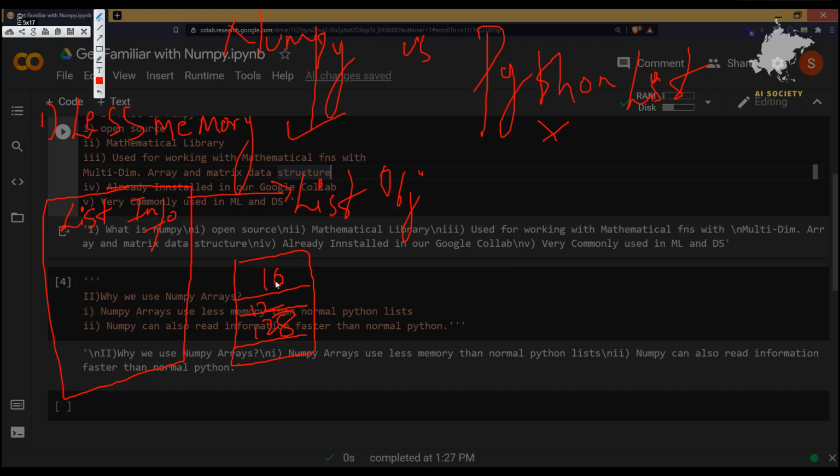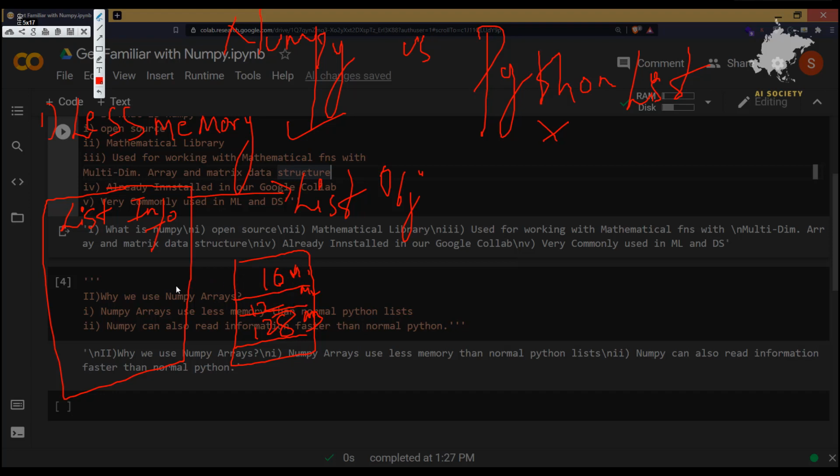Since it is an object, it must have some memory, let's say m1, m2, and m3.